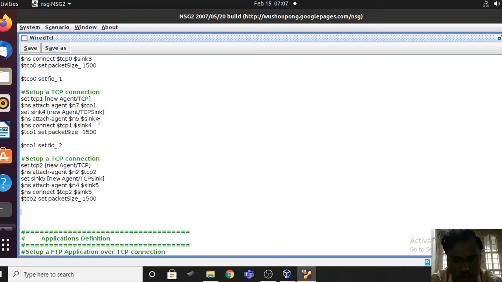So $TCP2 set flow ID underscore, that is 3, green color. So only these things I wanted to make.